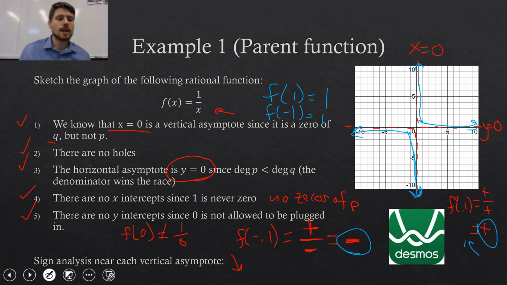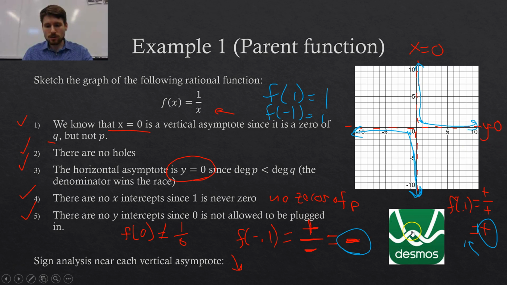It's going to zoom in towards that horizontal asymptote from above on the right. And on the left, it's going to zoom in towards that horizontal asymptote from below, because it's negative to the left, for negative x's. It's positive on the right, negative on the left. Okay? All right, and just to double check my work, I'm going to go ahead and plug this into Desmos